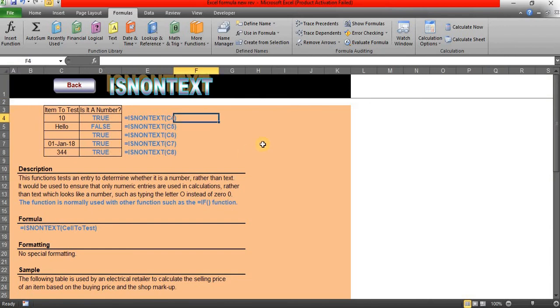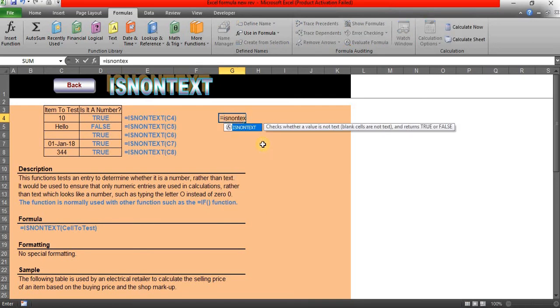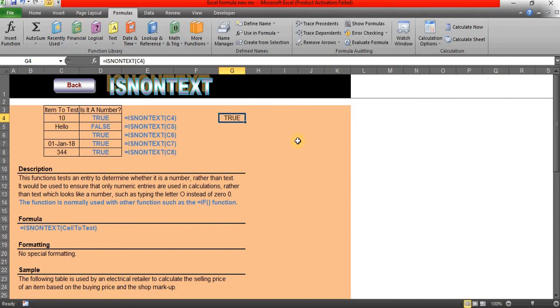ISNONTEXT. Whatever the items are non-text, it will give you the result. ISNONTEXT, select the particular range. Done. Here is that. Either if the values are numeric values, or dates, or errors, it will display the value as true.